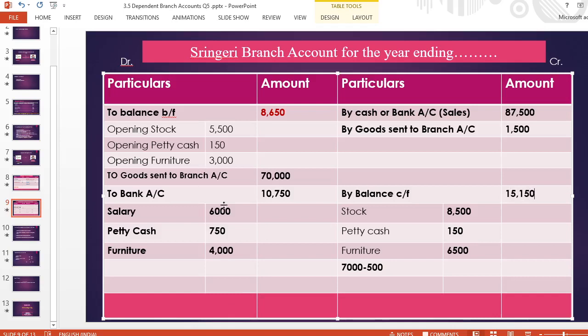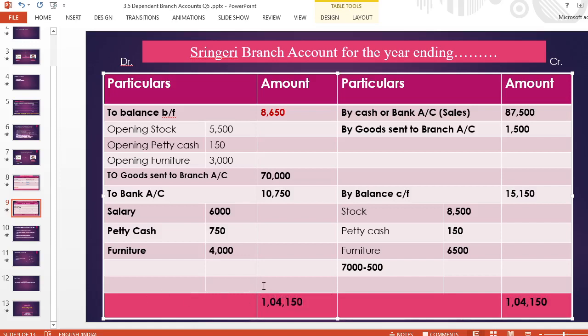Now I should find out the balance in branch account. So I have posted all the entries to branch account. Now I should find out the balance in branch account, whether it shows profit or loss. And after finding profit or loss, we should transfer this to general profit and loss account. So let me start with tally in the branch account. So total on the credit side is 1,04,150 rupees. Alright, 1,04,150 rupees. I'll record here also.